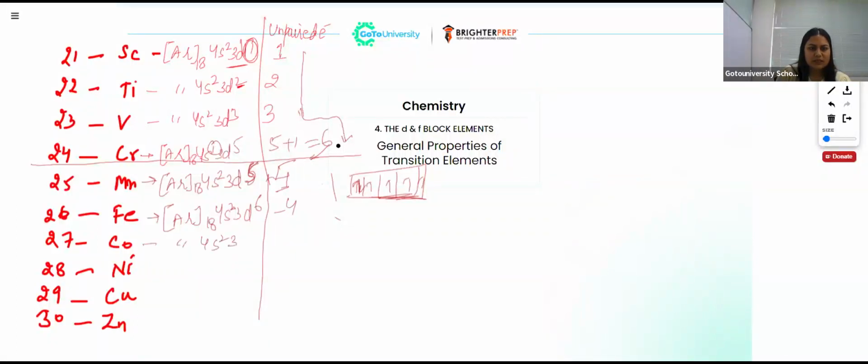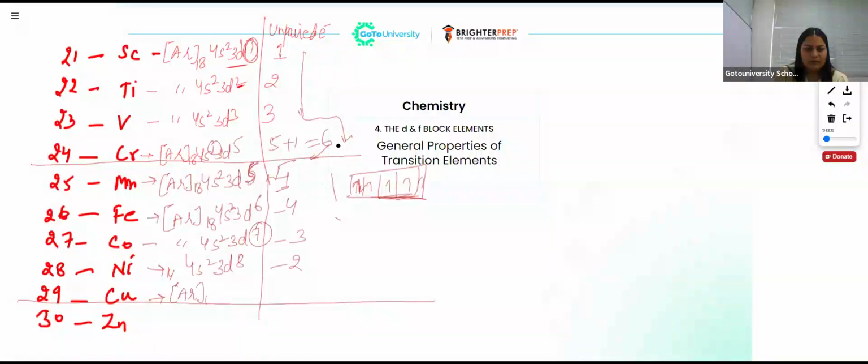Same in this case, 3d7. How many unpaired electrons in d orbital? 3. In nickel, how many electrons are unpaired? 3d8, having 2 unpaired electrons, and again there is one exceptional case. All right,